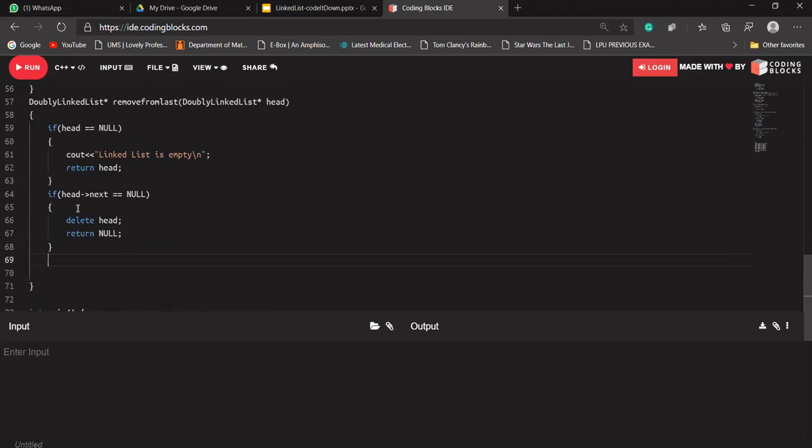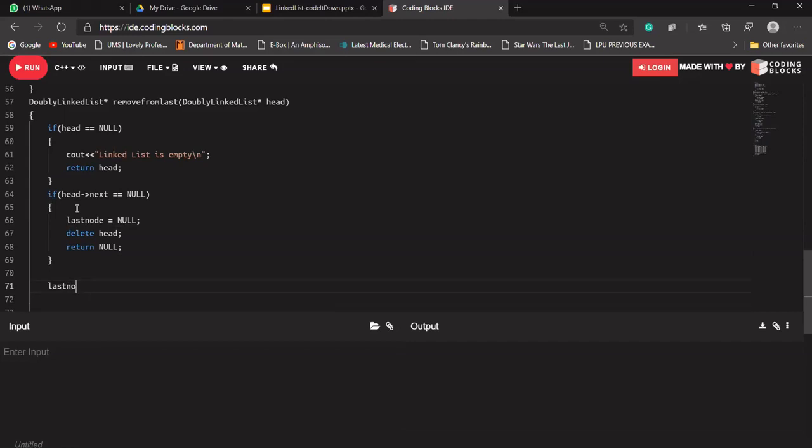So again, if we are deleting this, in this case also, if there is only one node, suppose last node is pointing to that node. So again, before deleting this, let's write last node is equal to null. Okay, now if we come here, what does it mean? It means that now last node is having the address of our last node.